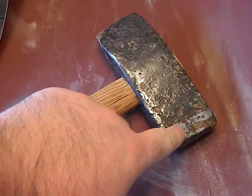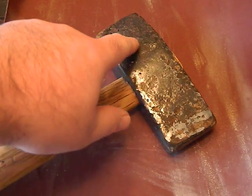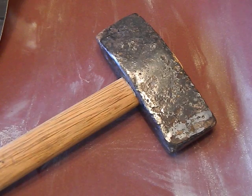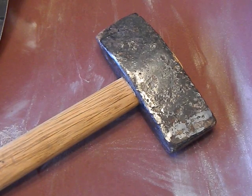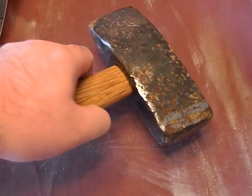But as you can see, there's some spots where there's some nice shiny metal, but there's a lot of places where there's still that black oxide, which is like that really hardened kind of rust on there that I haven't been able to get off yet. And it probably will over time. I'll probably use this a little bit and then hit it up a couple more times, and then eventually it'll soften up and come off. And so you can see it kind of came out. It has a really nice